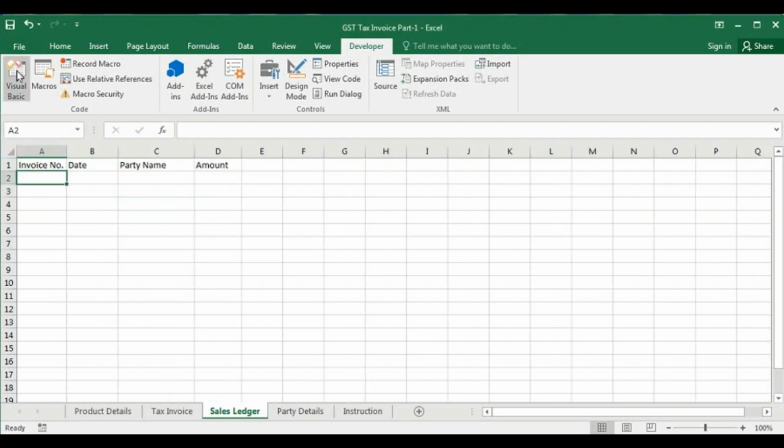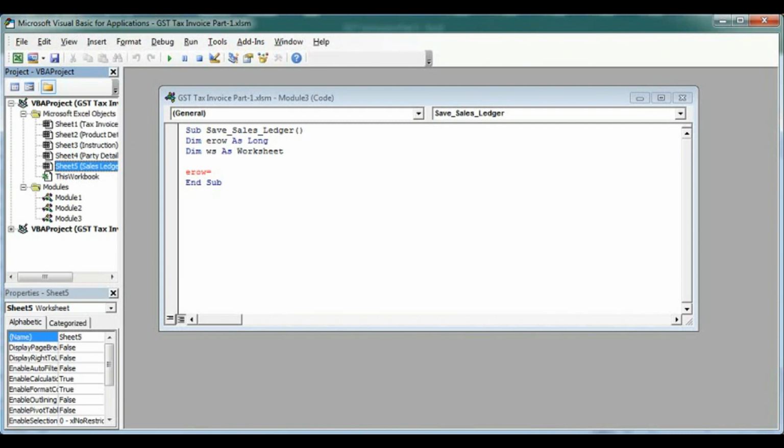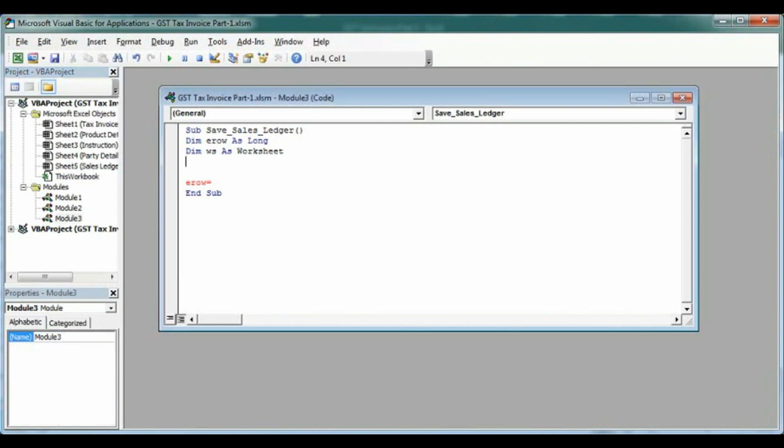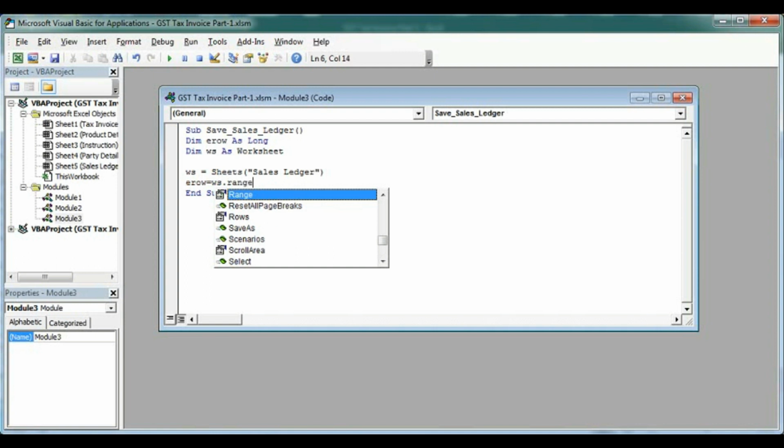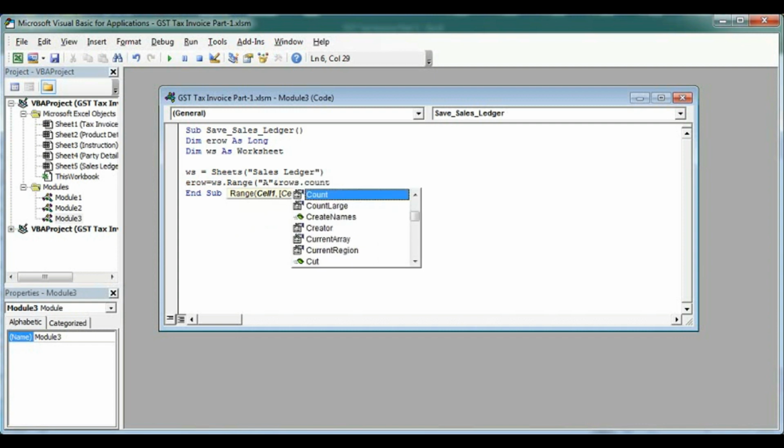So first go to Visual Basic and set here ws equal to Sheets("Sales Ledger"), then eRow equal to ws.Range, so range will be cell, that is which cell, A, and Rows.Count.